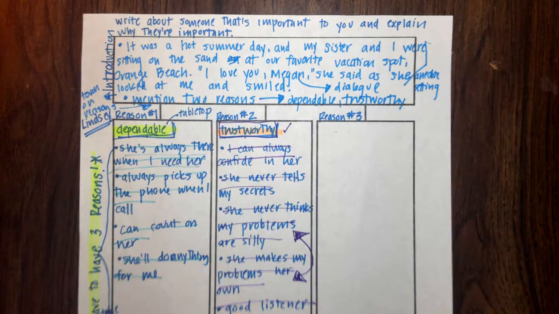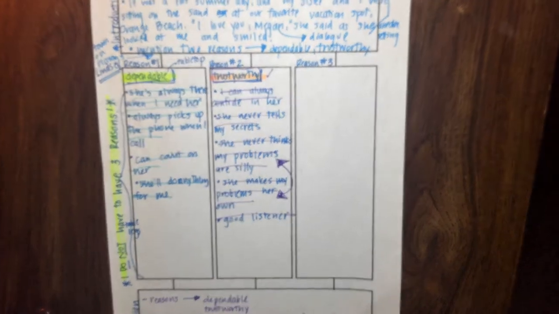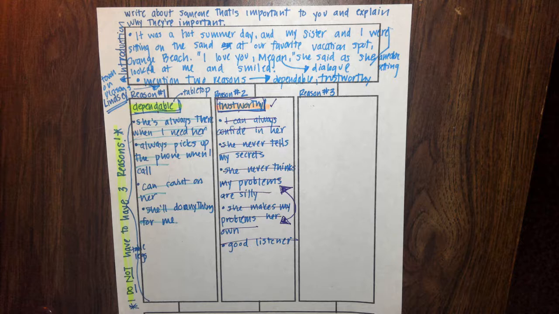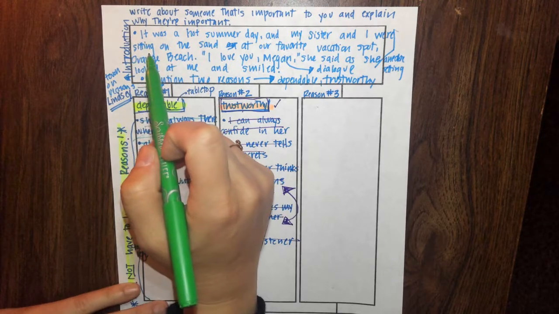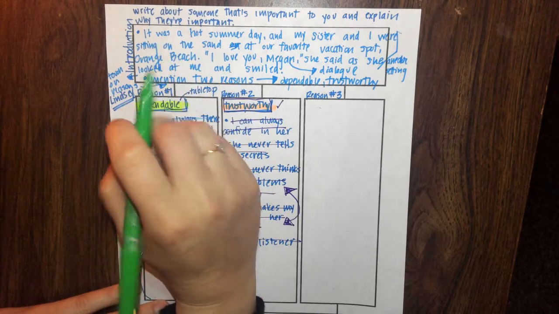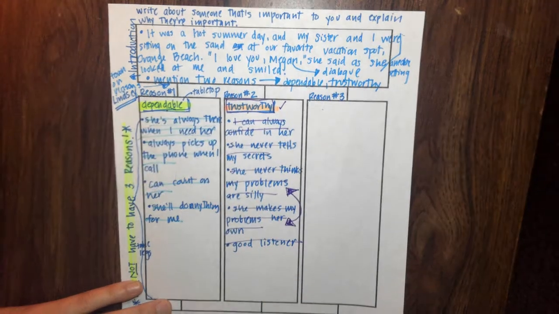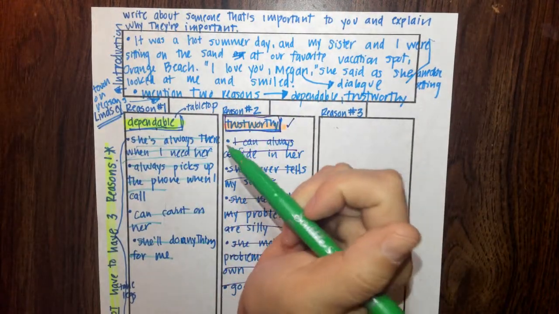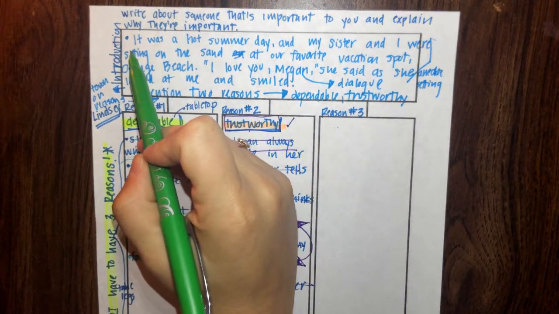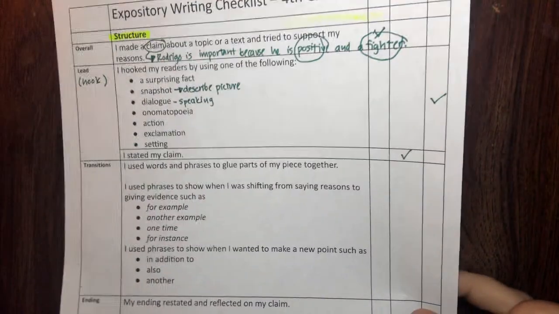Okay, so now that I have my whole graphic organizer filled out for my expository essay, I am going to start to write my introduction. So I have up here, remember on our graphic organizer that our graphic organizer is only for brainstorming, and it's only for putting things like bullet points and just any kind of messy idea that you might have for your writing. So up here I have my hook,